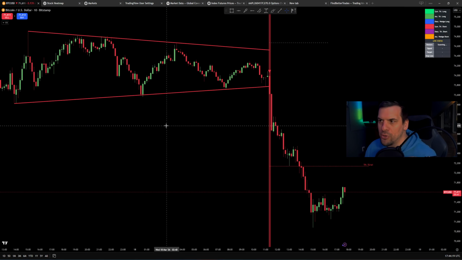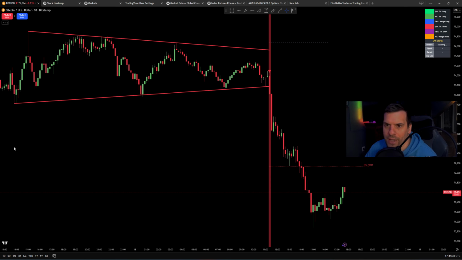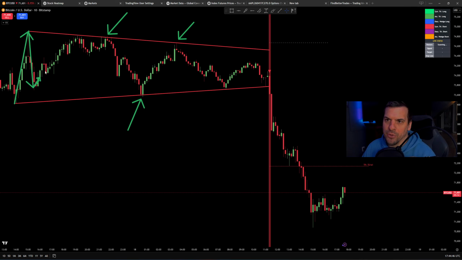This is a symmetrical triangle short trade idea. You can actually see this with my automated indicator that I built. It's on TradingView, and what it does is it'll draw everything for you. As you can see right here, what happens with these triangles is that price will hit a lower low and then a higher high. And then it's going to start to tighten up and tighten up and tighten up until finally it breaks out of that and then gets you a very strong